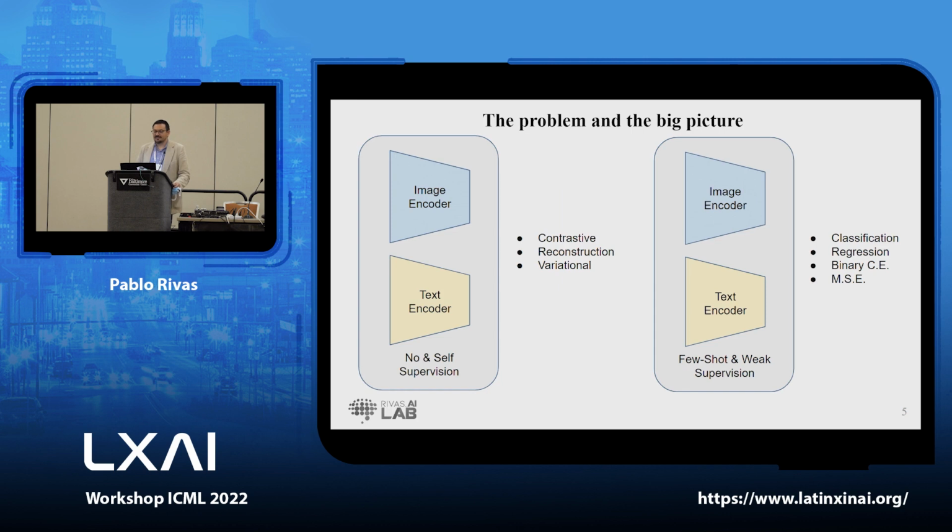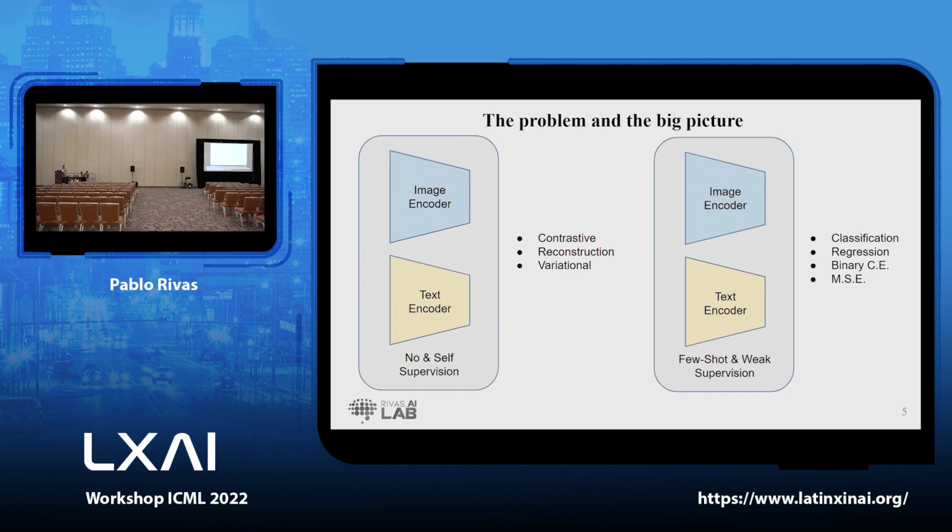So what we're thinking is to have both an image encoder and a text encoder for these posts, and do a series of self-supervised tasks, or no supervision at all, using either contrastive or reconstruction or some type of variational learning. And then after that, we will go through a process of fine-tuning with some weak supervision because of the absence of labels in this kind of data, that there is not very much available. And then do it with classification losses or some type of regression losses and align these latent spaces.